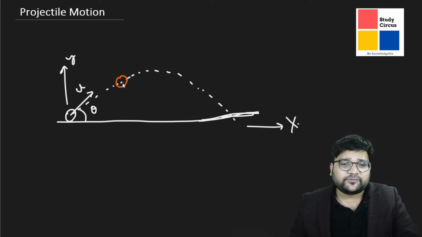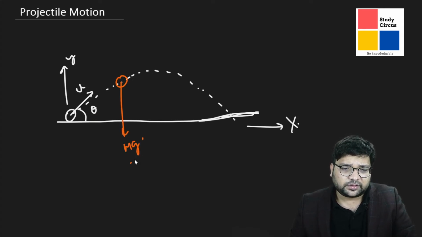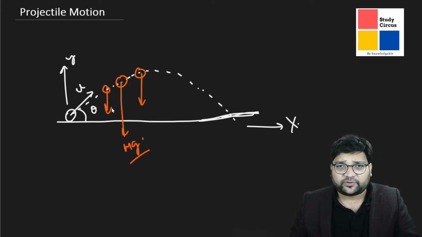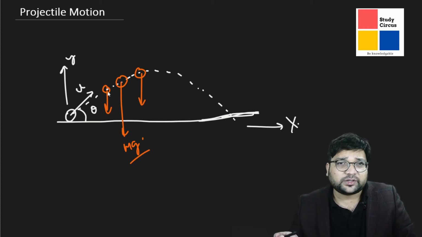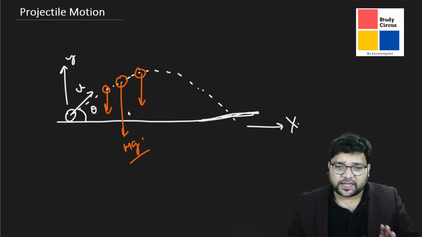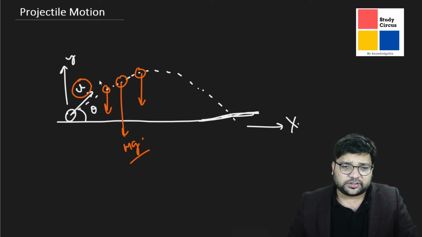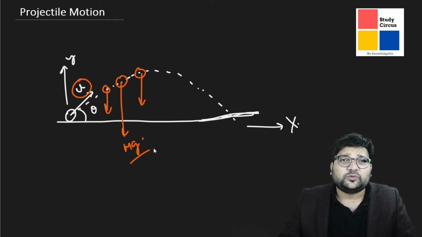Once it is thrown, there is only one force acting, that is the weight, the gravitational force. There is no other force. Once it is out of our hands, there is no other force acting on this projectile apart from gravity. The force we applied using our hands gave the initial velocity, but after that, once it is released, there is only one force acting, mg. That is the basic thing. So we have thrown this stone with some initial velocity, let's say u. Now we'll see what is going to be the fate of this one.